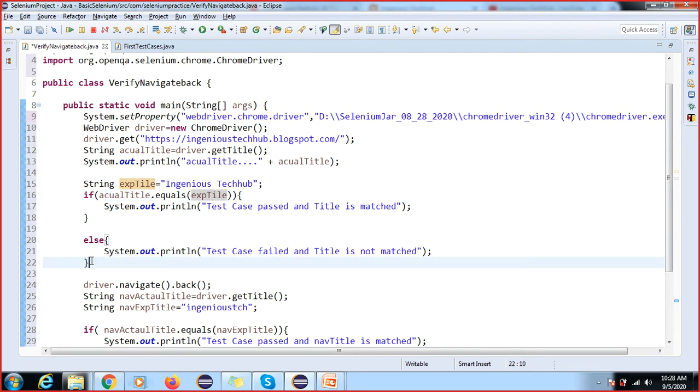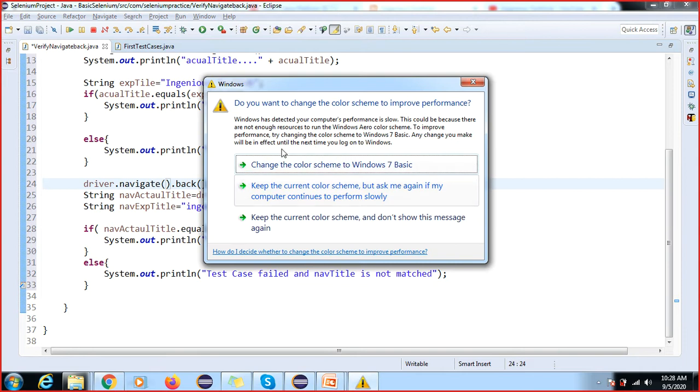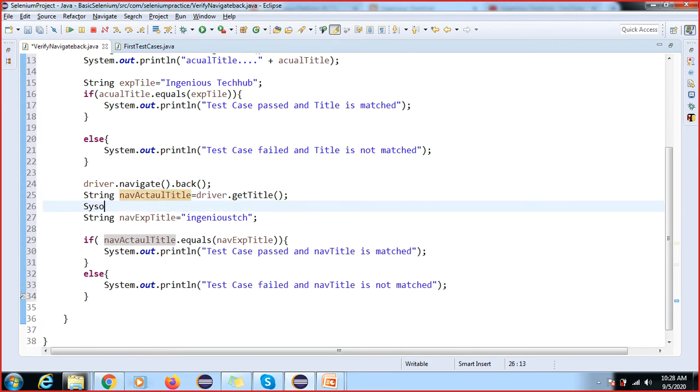After that I am going to navigate back in our web page by using the navigate to back method, and after that I'm going to capture the title after navigating back and store it inside this variable. Okay, so I did not print this. I want to print it also because I want to see. I don't know what the value will come, right?